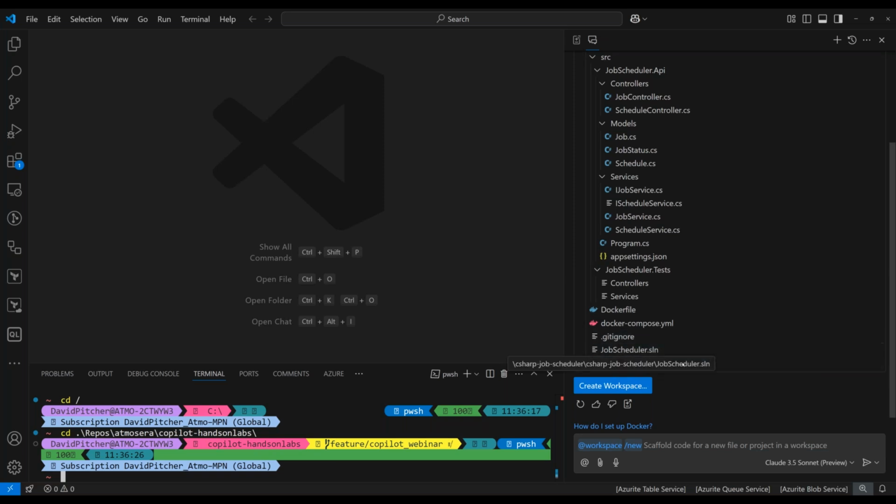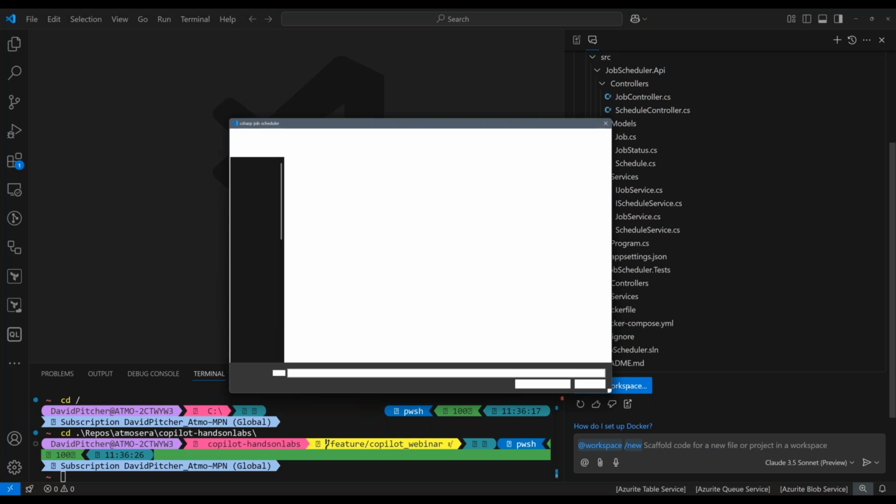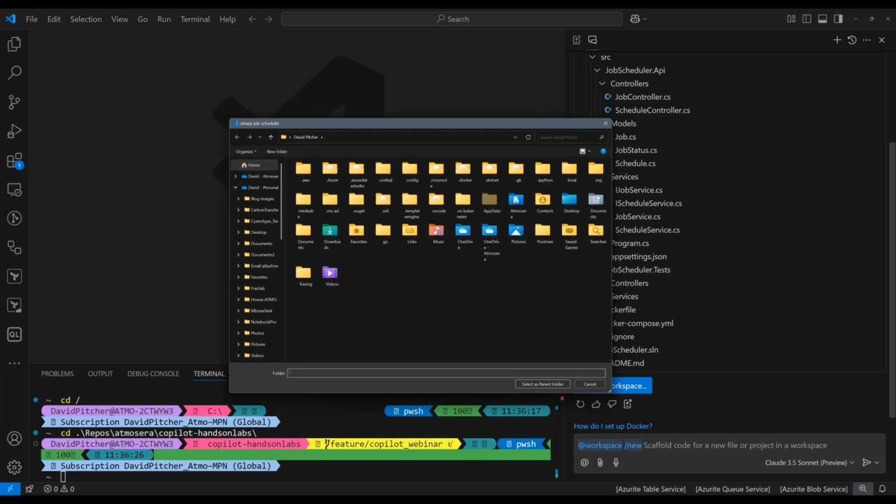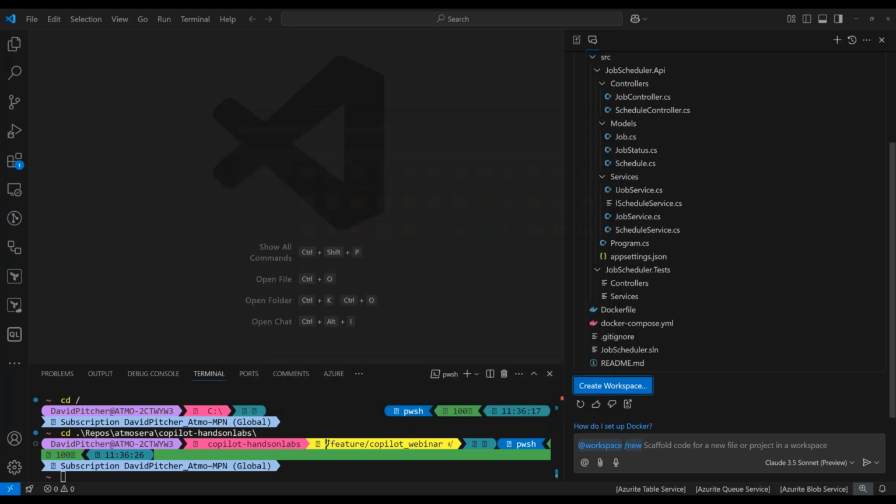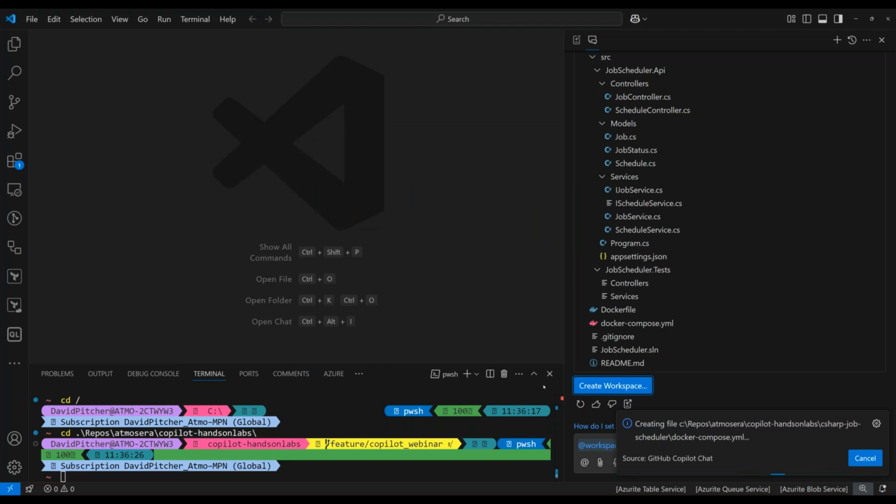Now that I have that, I can easily go in and do a create of the workspace. It's going to ask me where I want it, so I'm going to put it within my code repo here. There we go. I'll select that as my parent folder, and then it will actually create the code and move that into my workspace. So while Copilot gives it a minute here,